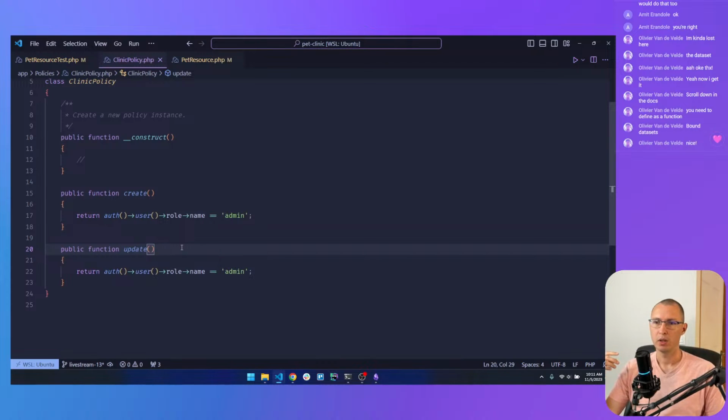So in the update, the admin user can edit. Doctors can also edit. But if the user role is owner, the owner can only edit that pet if the owner's ID is equal to the pet owner ID. So I think that will work. Let's create a policy.